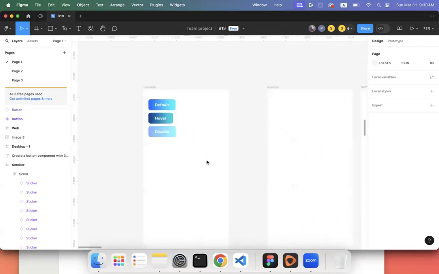Next, what you have to do is after you created all three buttons, default, hover, and disabled states,